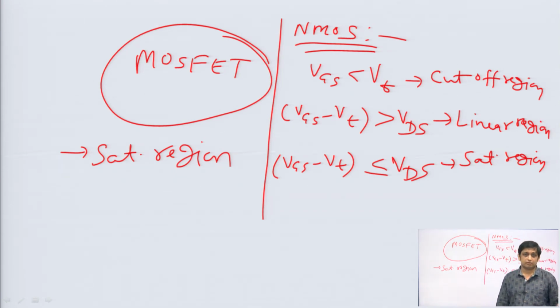And if sufficient parameters are not given by which you can find out the region of operation of MOSFET, then in that case, just assume that MOSFET is in saturation and do all the calculations. After the calculation, you will get the values of VGS and VDS. From there, just verify whether our assumption was right or not. After finding out all the voltages, compare VGS minus VT. If VGS minus VT is coming greater than VDS, then what we will say? We will say that our assumption was wrong, because we had assumed that MOSFET is in saturation, but after calculation we are getting VGS minus VT greater than VDS.